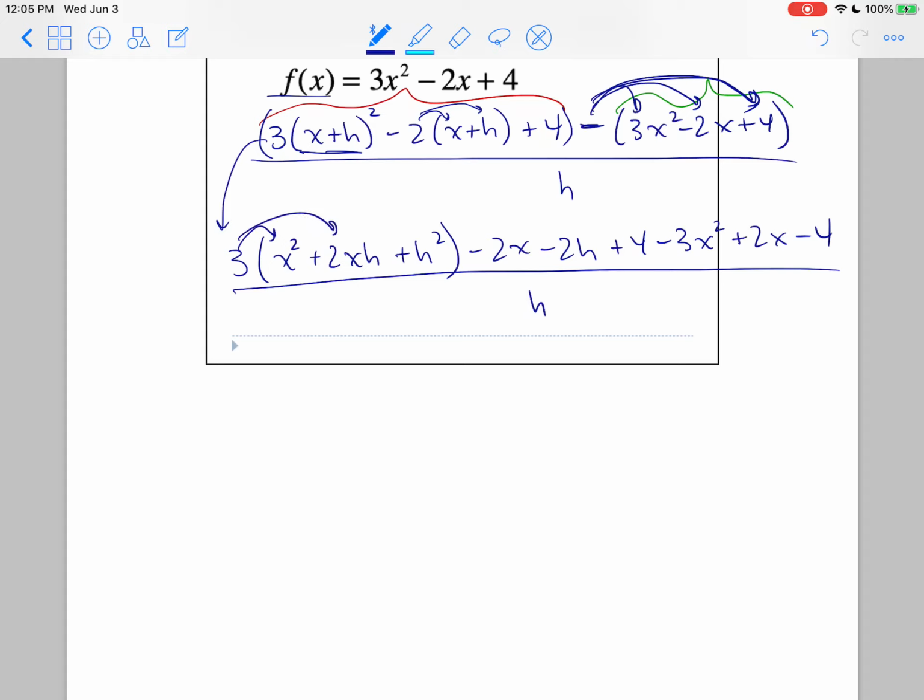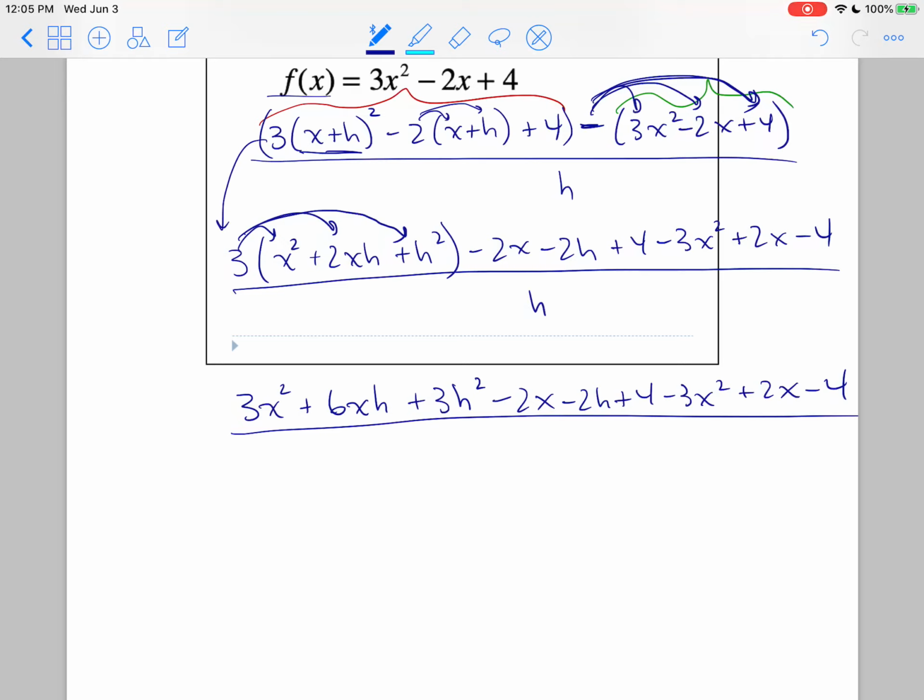So now the last step here in multiplying this out is to distribute this 3. So I'm going to have 3x squared plus 6xh plus 3h squared minus 2x minus 2h plus 4 minus 3x squared plus 2x minus 4 all over h. And if you can get to this point and you can do it accurately, the rest of this is actually a lot of fun,